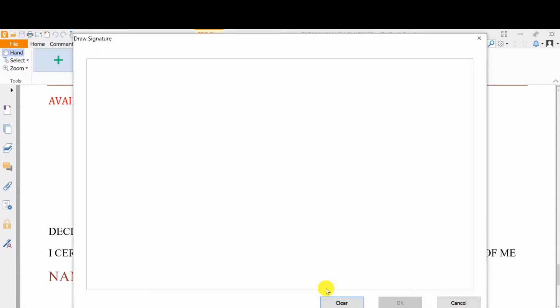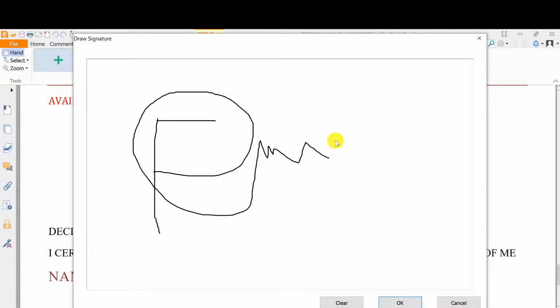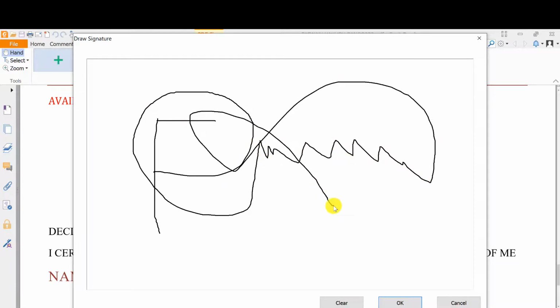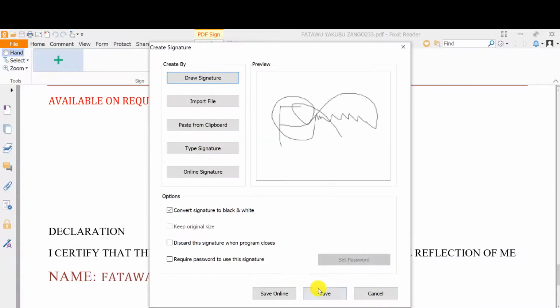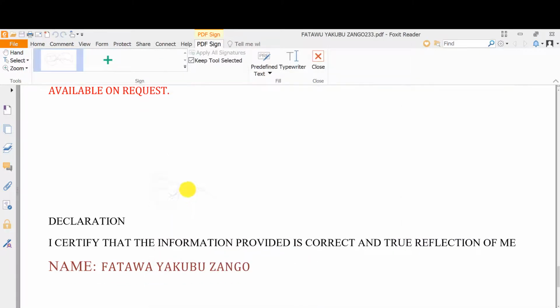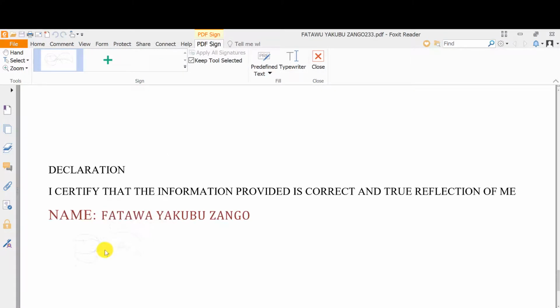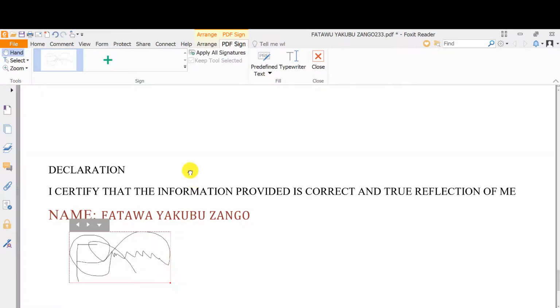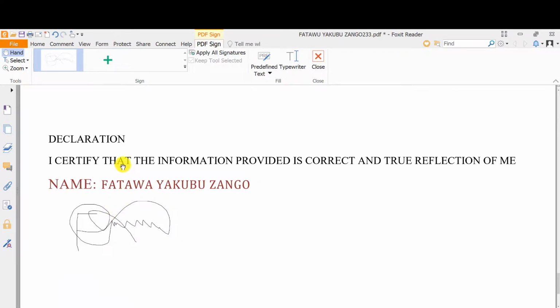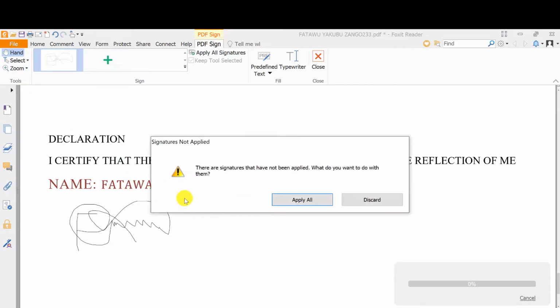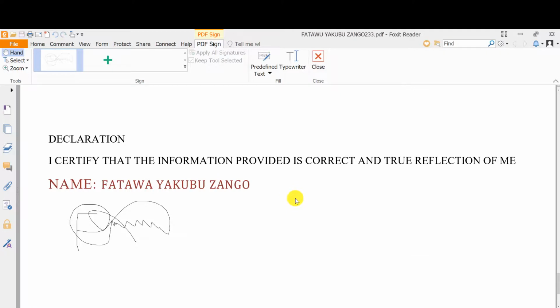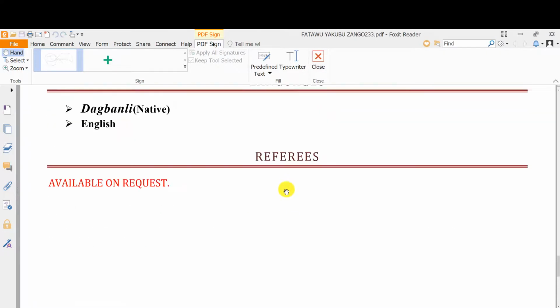When you go to draw the signature, then you begin to draw the type of signature you would like to use. You click OK, save. It will bring it to you, and you click on it, you can enlarge it. Very simple. And you click on save, apply, and it has been saved.